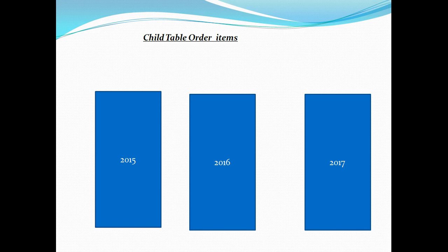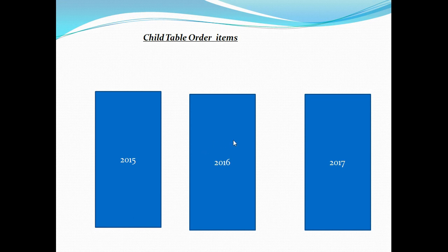In layman terms, if we have to understand this further, if as a part of a single order I bought 10 items and that particular order was placed in 2015, all those 10 rows will get stored in this particular partition 2015. If I placed 5 orders in 2016 and I bought 300 items as a part of that.